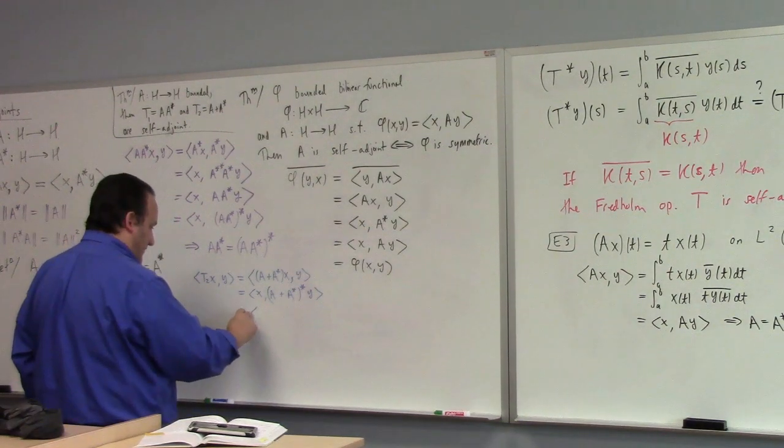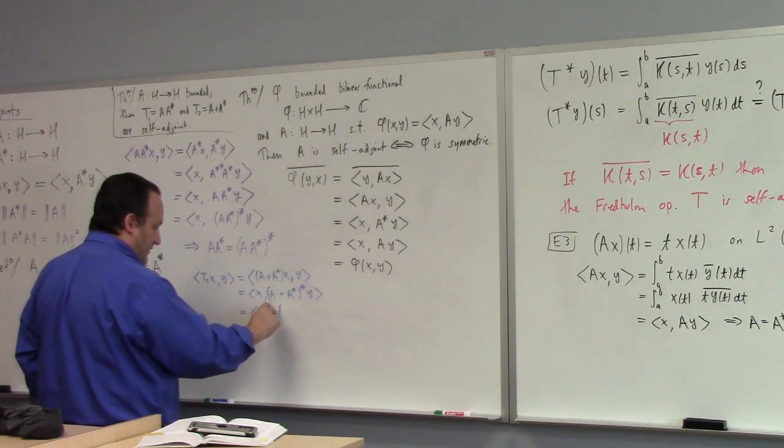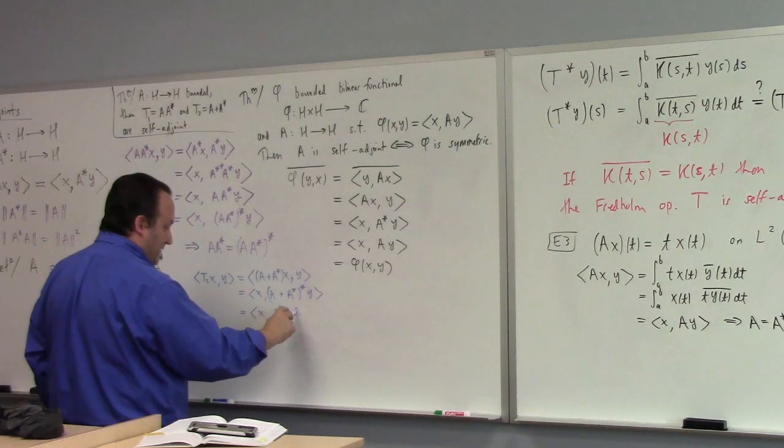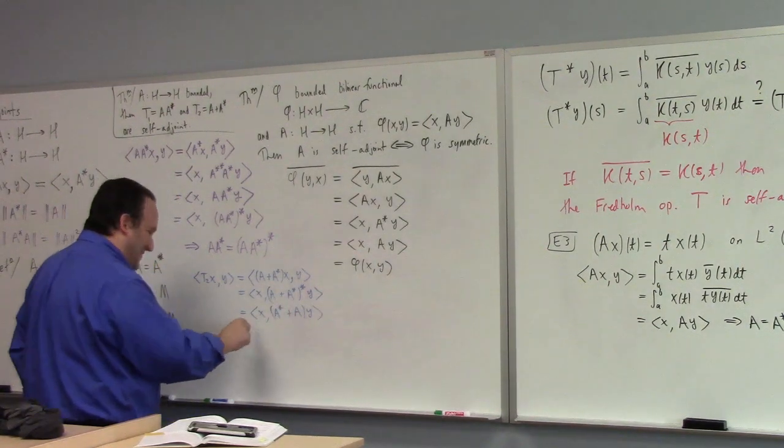But then by properties of the adjoint, the adjoint of the sum is the sum of the adjoints. So that's A adjoint plus A adjoint adjoint, which is just A again. You'll forgive me if I don't write that down. But then these commute, so this is equal to